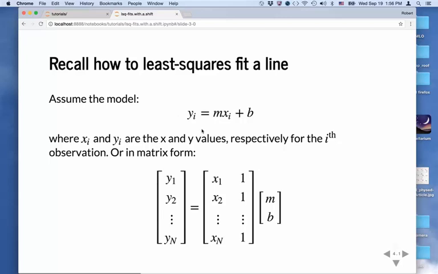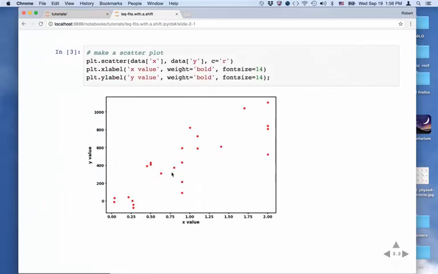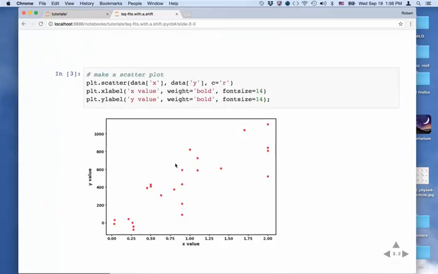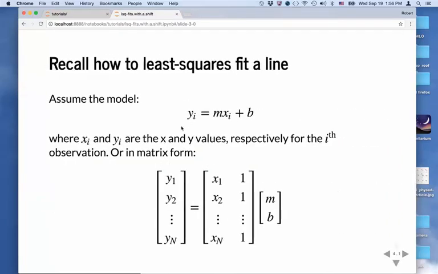And then we can notice that we can take this system of equations. So we might have actually a whole bunch of observations. So if I go back, each one of these data points must obey this relationship here. So we actually have a system of equations. And when you have a system of equations, it can be helpful to put them into matrix form. So that's what